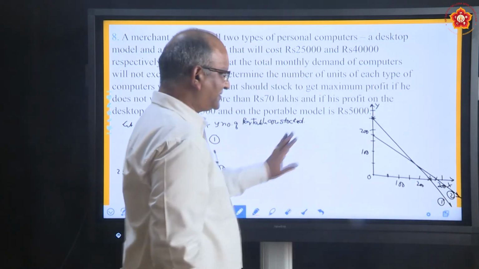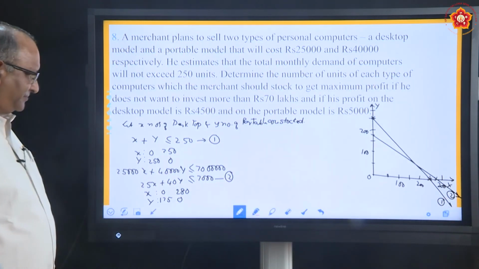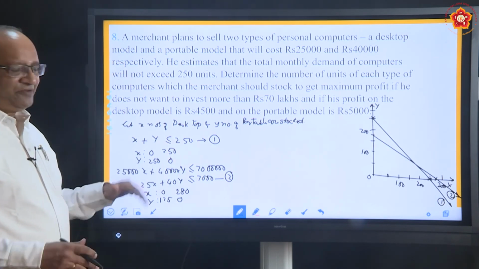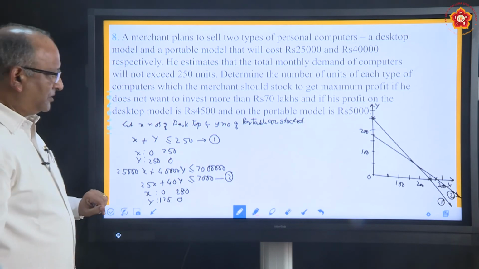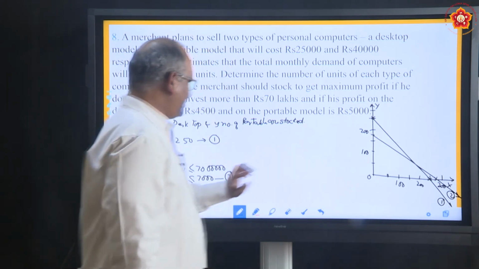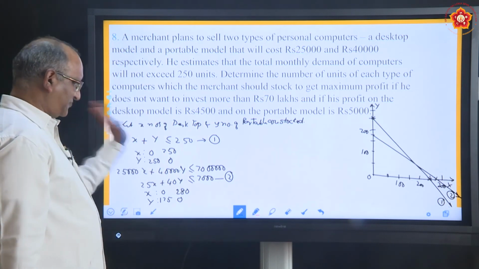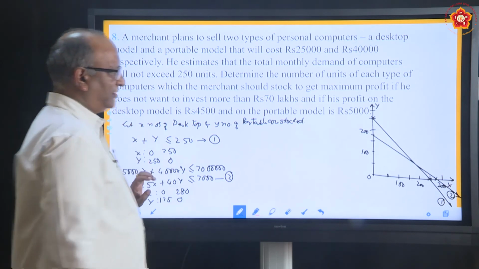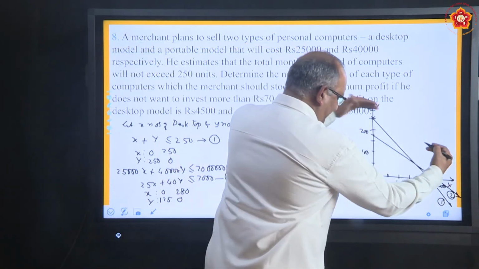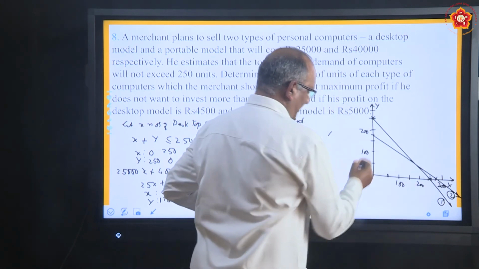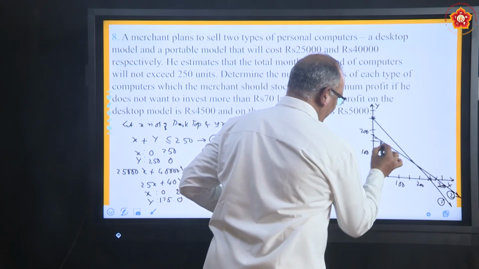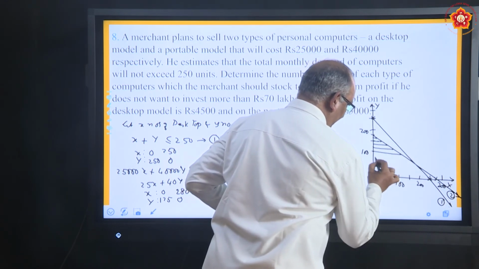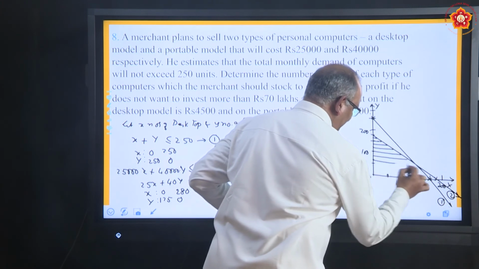Apart from that, we have the x axis and y axis. Now what is to be done? Now we need to shade. Which side do we need to shade? We have to think. If you take the point 0, 0 and substitute in the first equation, it is satisfied. If you take 0, 0 and substitute in the second one, that is also satisfied. So basically we want the inside of both. Inside of both is this area, because it should satisfy both.